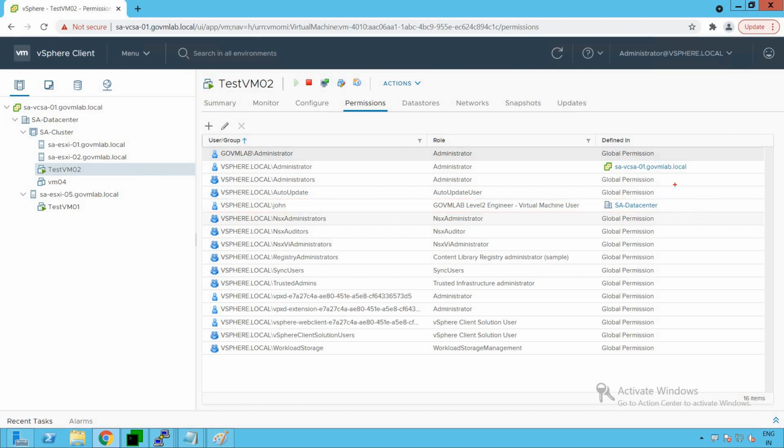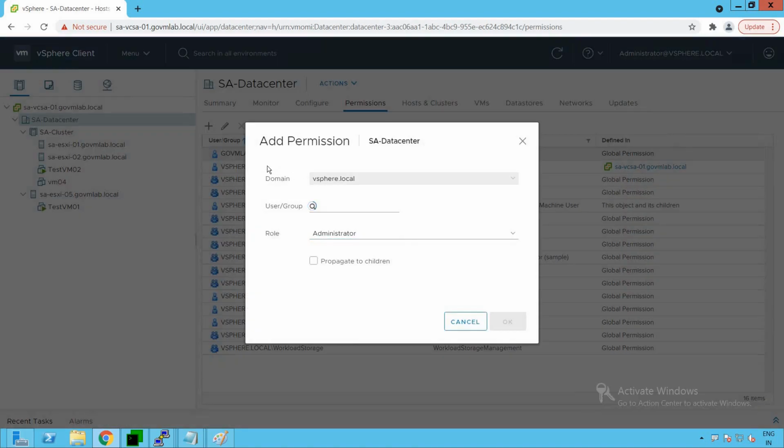So now we have created this particular rule successfully. Before we go and validate that, let me show you what happens with propagate to children if you don't select this particular option. So let me create a new user with the Smith user we have created. The domain is going to be the same, but this time we are going to use the user Smith. So we do see that Smith user right here.